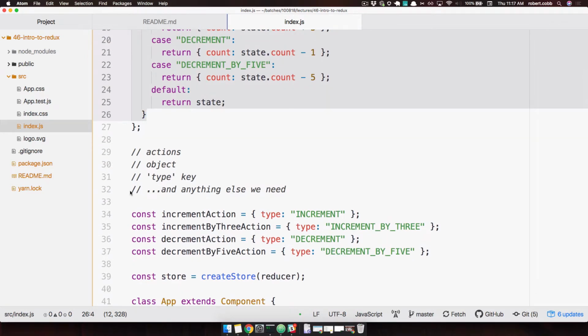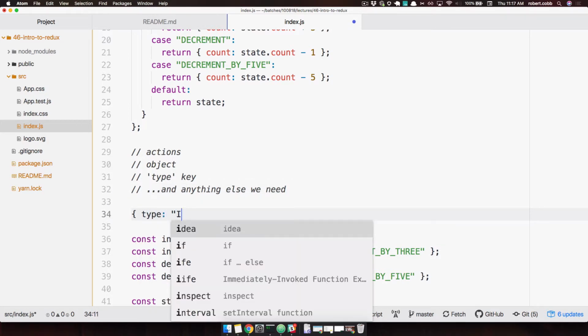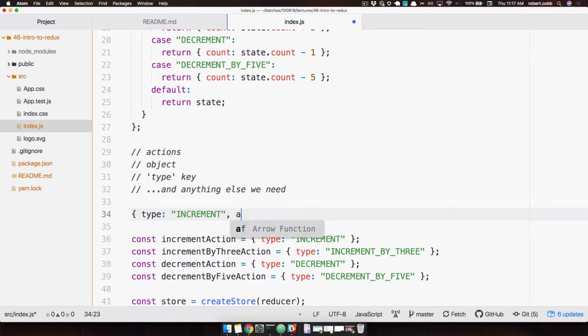Yeah. This is the thing that we promised that we would come back to later, which was anything else that we need, we can dump in the action. What's the other property that we want to put in our action objects? Instead of just type, what else do we want? Some kind of amount. I like that a lot. Okay, so instead of just type increments, we'll have amount 1 or amount 3 or amount 5 or whatever amount. That'll be a pretty good action, and we should be able to